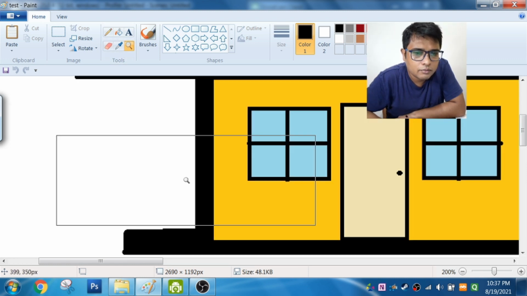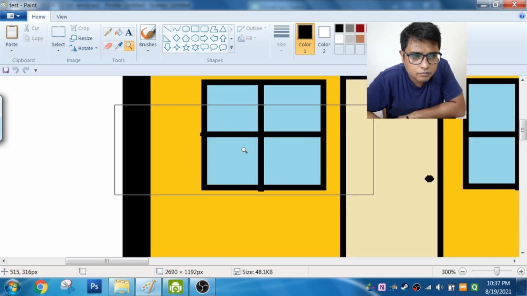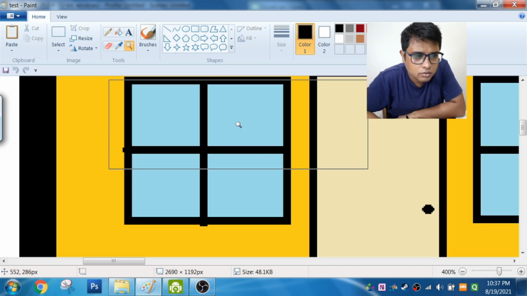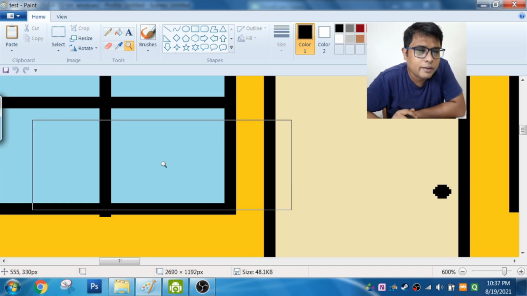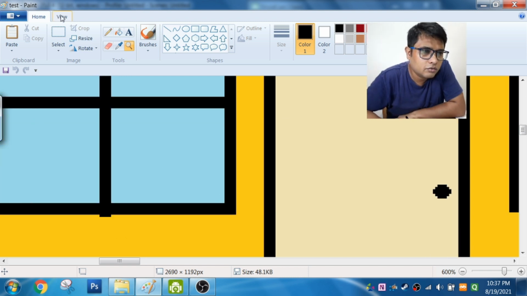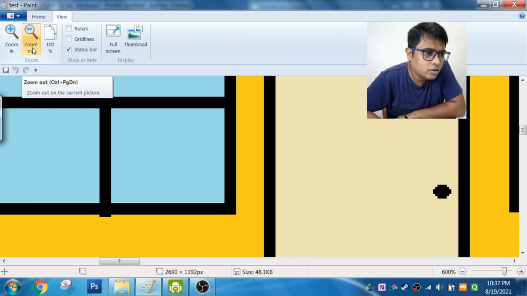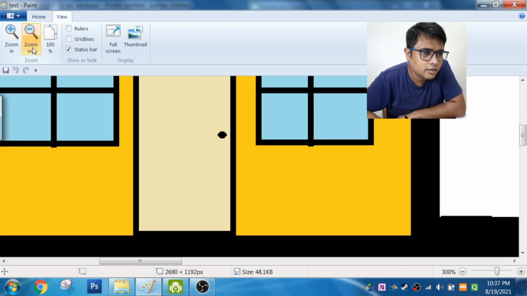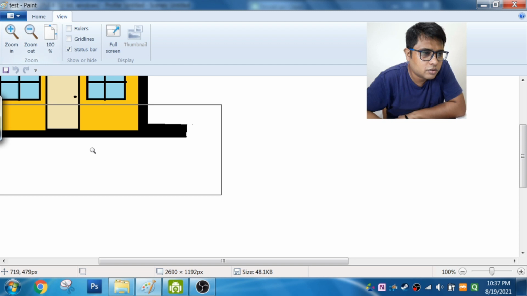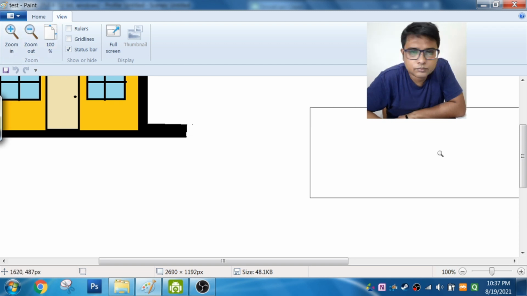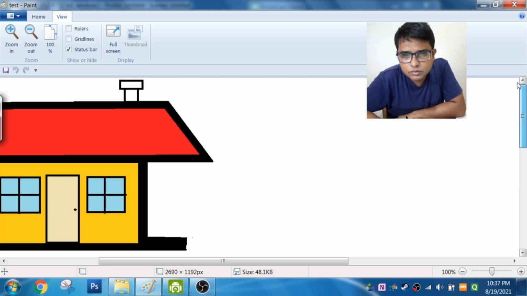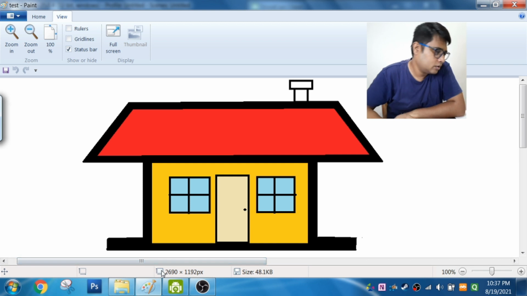Suppose this window, zooming in the window. Now I want to go back, so I click on the view and I click on zoom out. I go back to the original size of the house. This is the original size of the house.